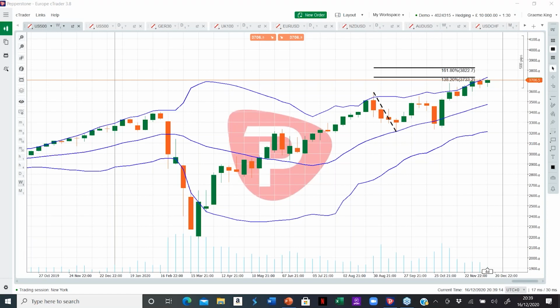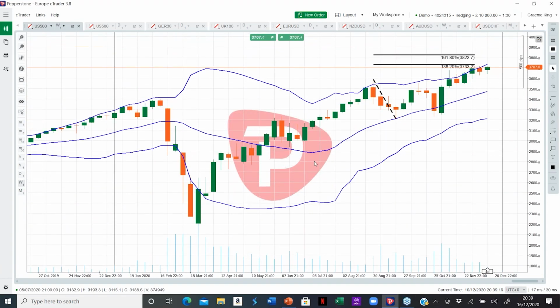Right, let's start where we normally start and have a look at the equity markets and see where we're coming into play in terms of the important levels to monitor. Starting with the S&P on a weekly basis, nothing has changed. The positive trend is still very much in place. We're continuing to attempt to push to new highs. There's no evidence of rejections or sentiment changes, and the overall risk is for continuation to test these higher extension